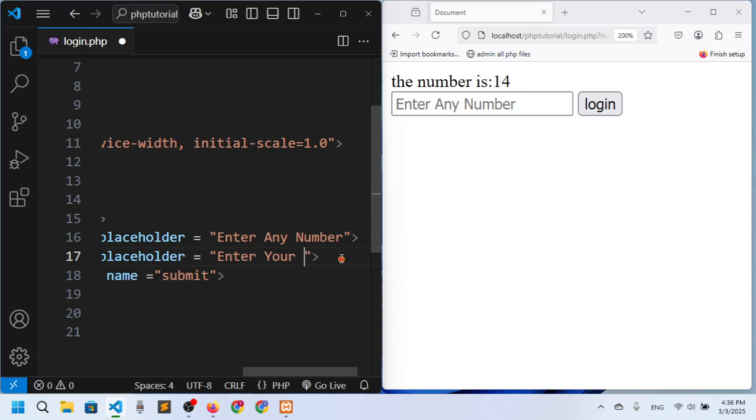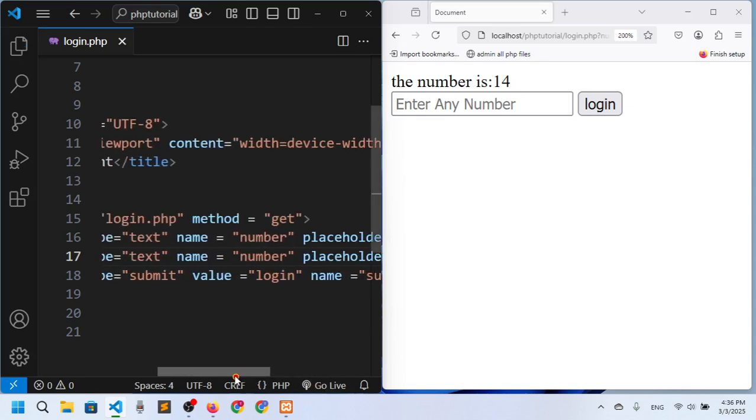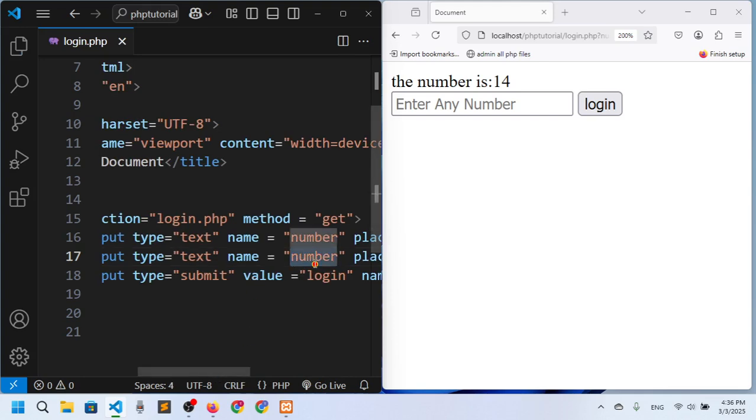So for the dummy text you have to use placeholder. So enter your password, and if I go back, I just have to say here password for the password field. Yes, name is password, and I have to give a name, because without giving the name actually I cannot access the field value from the PHP script, okay. And here I just have to say password,